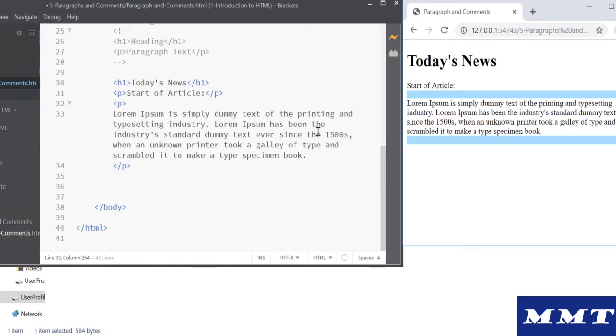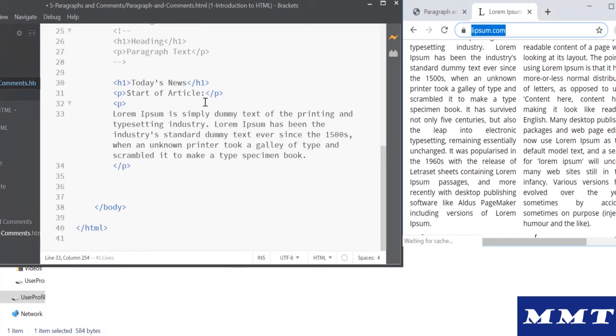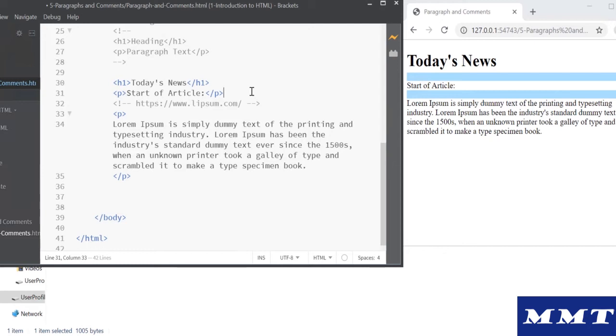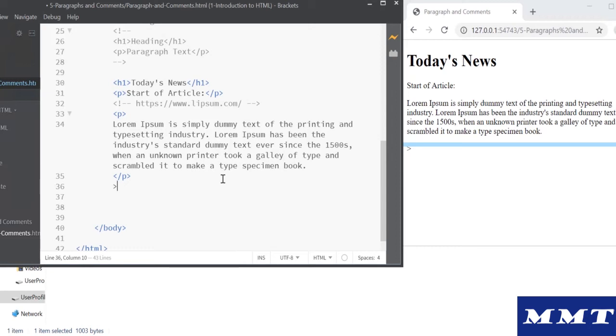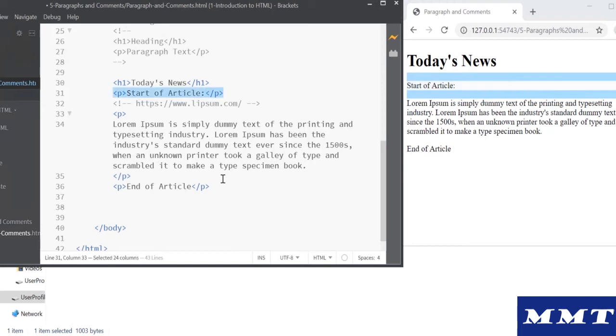Okay, so I'm also gonna give you the link here. If you want to add a link where you got the source from, typically you can do that via this, and you can add the link here. Okay, you can see the start of an article here. Now I want to end my article, so I'm gonna add one more paragraph to it. I'll say end of article. Okay, I can even say start of another article and end of another article.